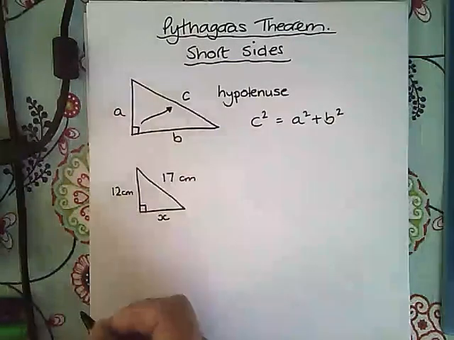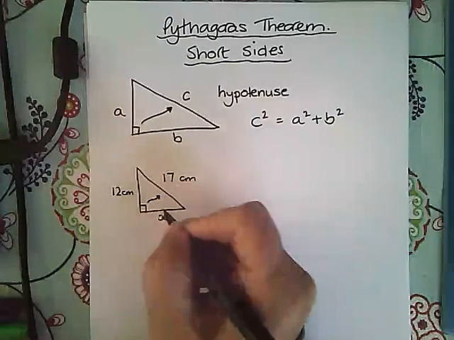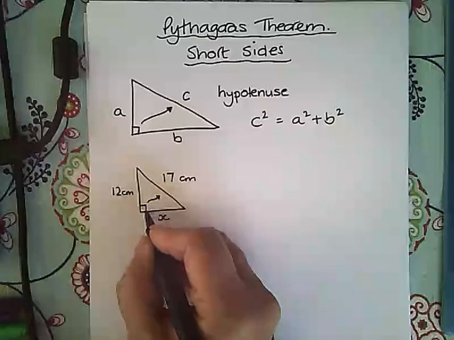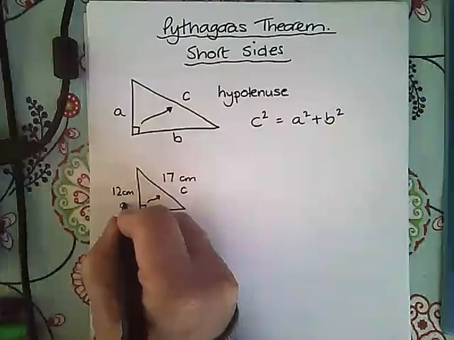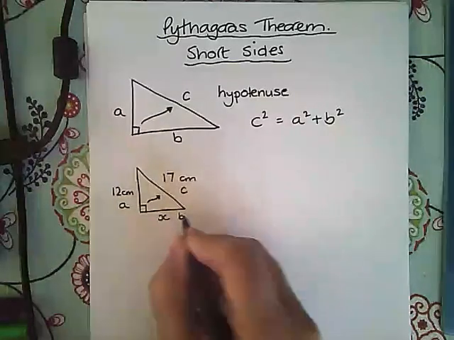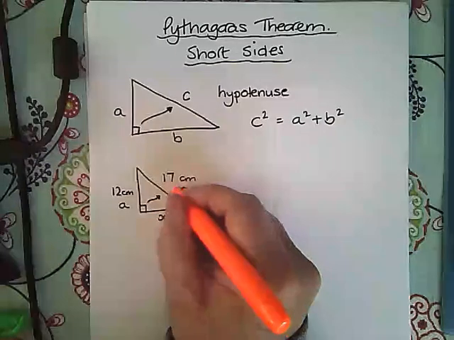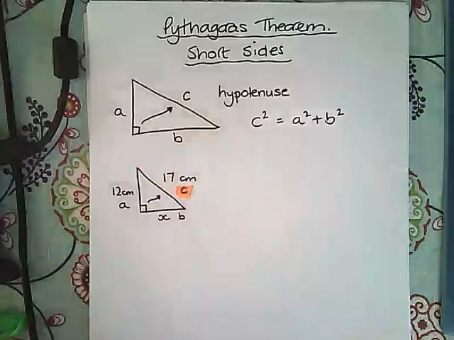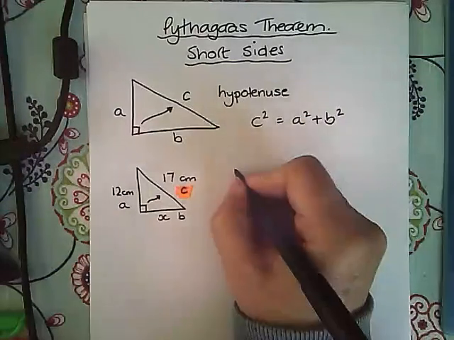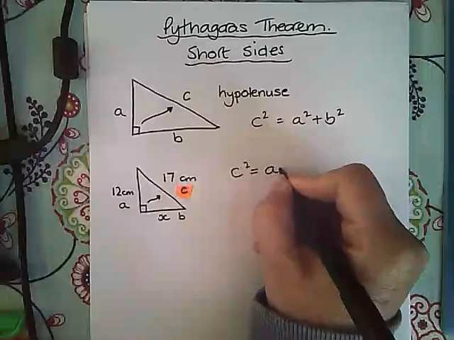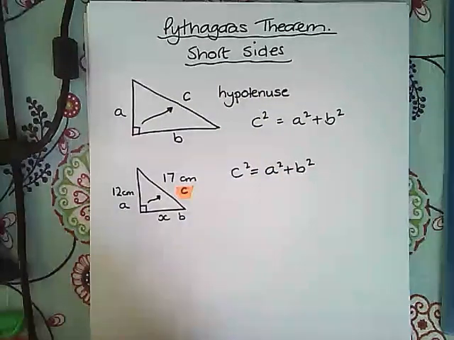First of all, I label up my A, B and C, and C is the one I always label first, and C, the right angle points to the hypotenuse, so that is C, and then it doesn't matter which way round I label A and B. So let me just highlight this one. Okay, then I write out Pythagoras theorem, c squared equals a squared plus b squared, and then I substitute my numbers in